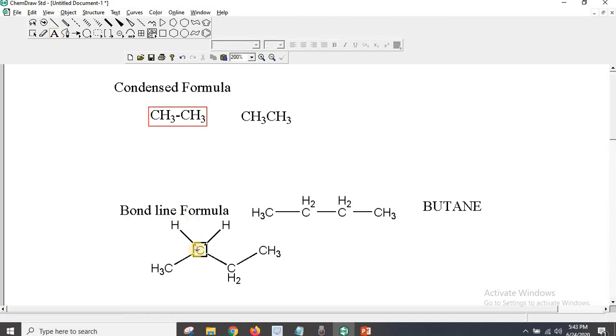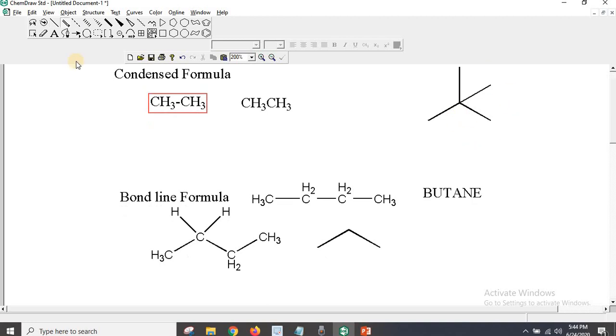If you concentrate on this particular carbon atom, this carbon is tetrahedral in nature. That's why the bond line formulas are also called zigzag formulas. If I draw this structure and simply click on this central carbon, it automatically forms the sp3 hybrid carbon atom. If I want to show a double bond in bond line formula, it can be shown like this. This is a carbon-carbon double bond; this is CH2 and this is also a CH2 group.